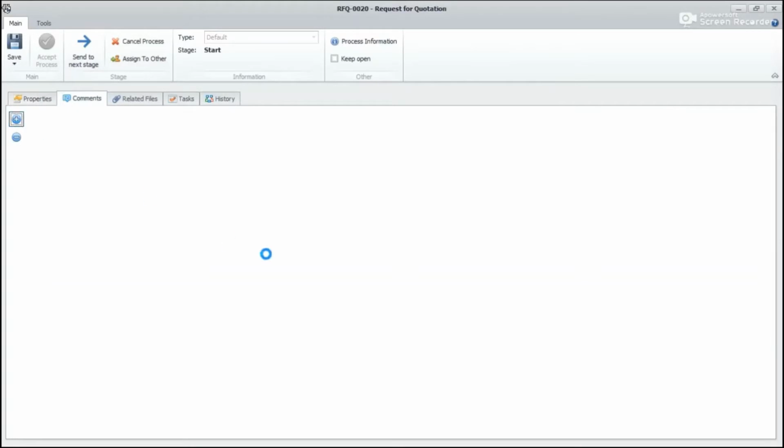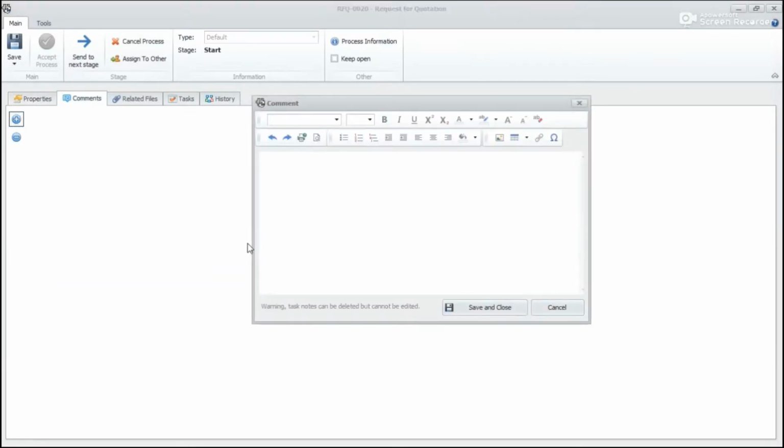I will then convey a message for the person who is in charge of code preparation via comments. So we'll enter: new RFQ initiated for client Roto Labs.